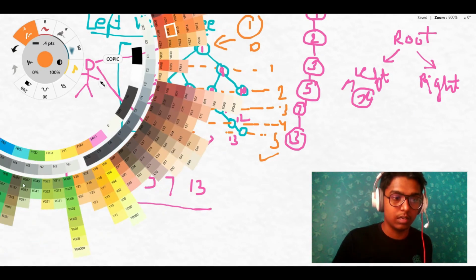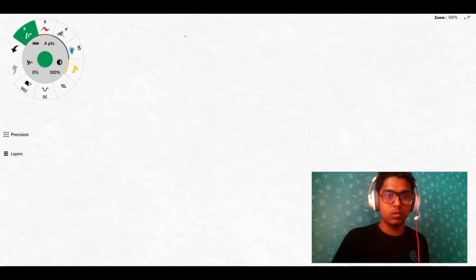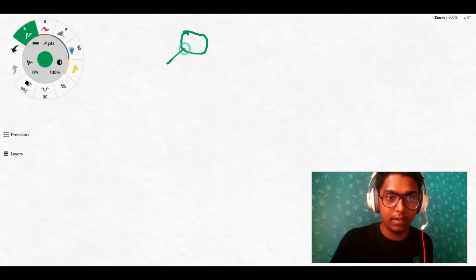Okay. So we are having a tree like this,